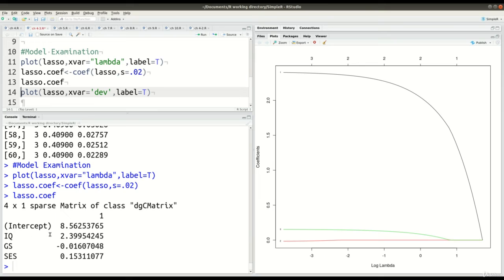you can see right here, variable 1 is IQ, it hangs in there the whole time. Variable 2 is GS, and variable 3 is SES. So it looks like variable 2 is the one that really disappears first. It doesn't last very long because you can see clearly that this is essentially 0 right here. And SES, which stands for socioeconomic status, goes down to about 0.15. It hangs in there,